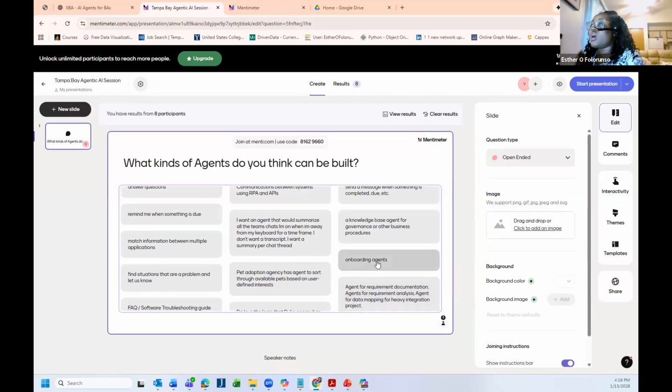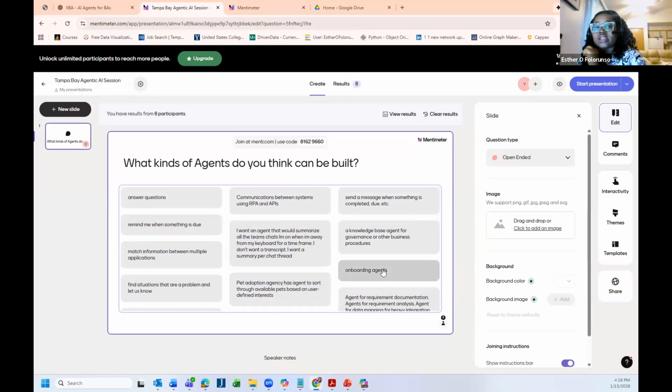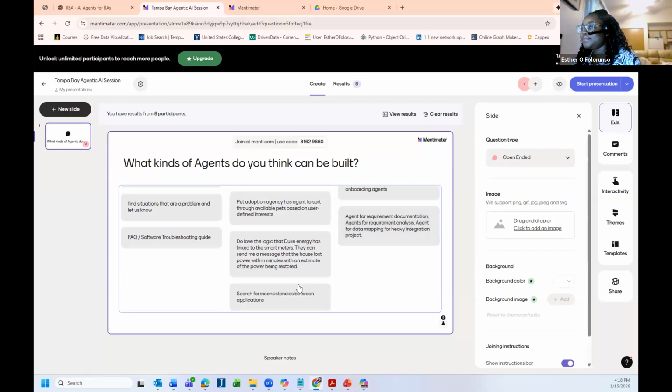Onboarding agents. We have a ton of onboarding agents, by the way. If you're interested in creating an onboarding agent, what exactly makes your own onboarding agent different from what other people are creating or using? So I'll just wait for one more feedback. Search for inconsistencies. Oh, I do love the logic that Duke Energy has linked to the smart meters. They can send me a message that the house lost power within minutes with an estimate of the power being restored. Yep. But if you're going to do something like this, it requires extensive tools, by the way,